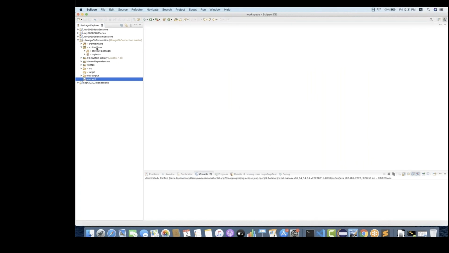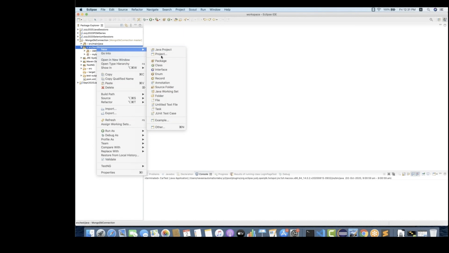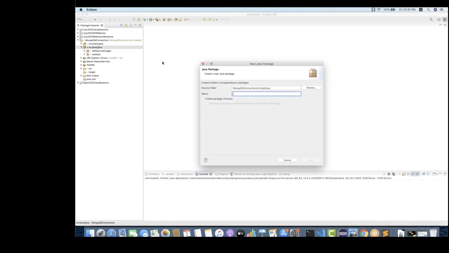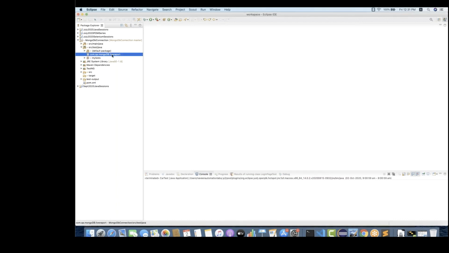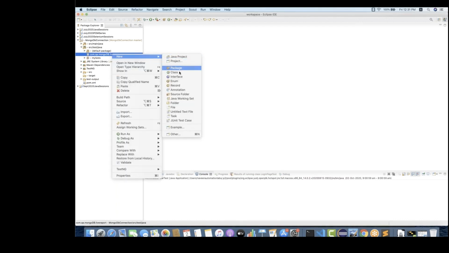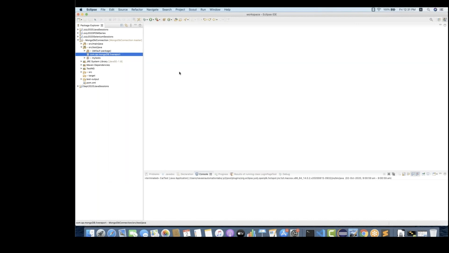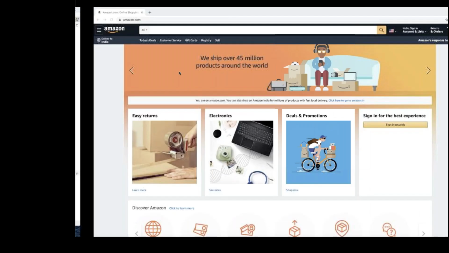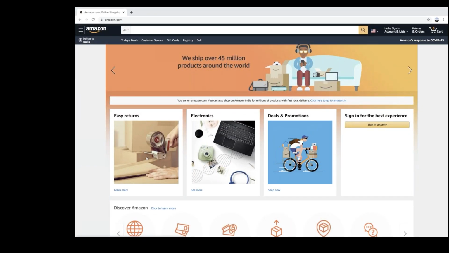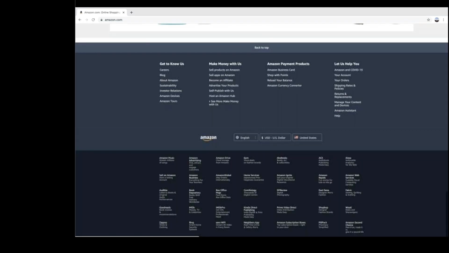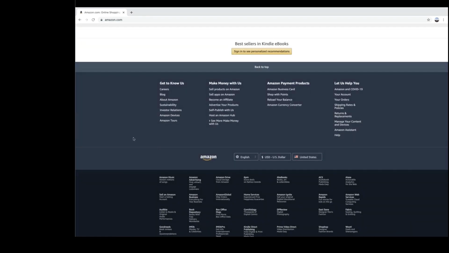Then I'll be creating one src/test/java. I'll be creating one package over here. Let's say my package name is com.qa.mongodb.livereport, something like this. So this is the package. Under this particular package, I'm going to create a class. I'm going to verify a couple of things, let's say for Amazon.com, or you can pick any application. I'm going to pick only one single application, and I want to verify multiple things.